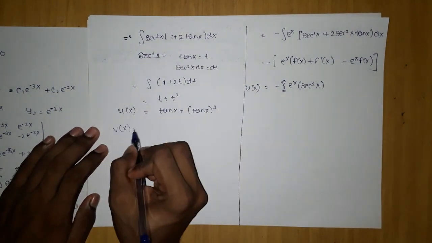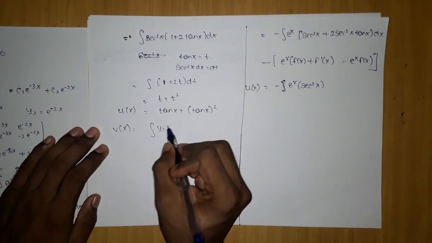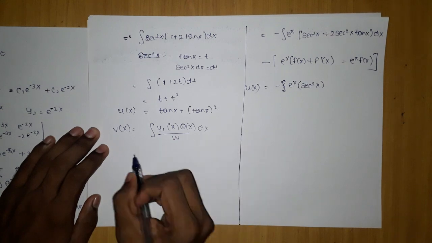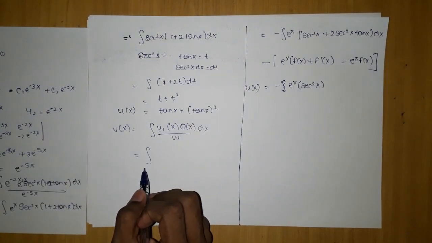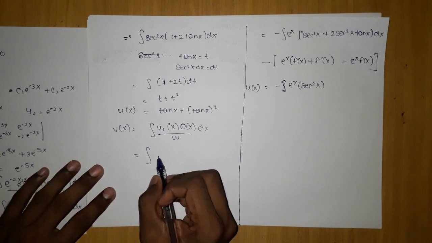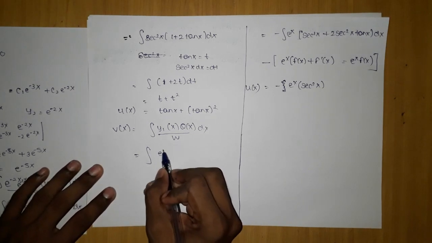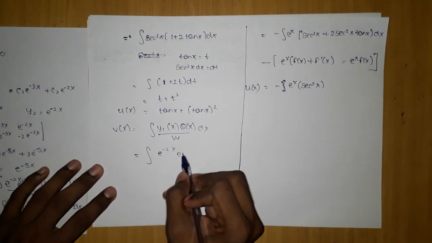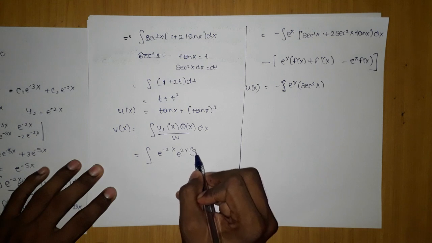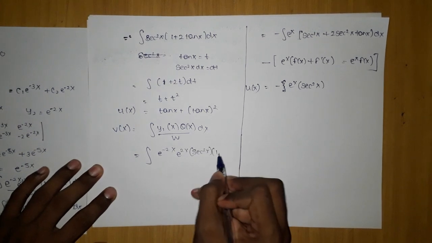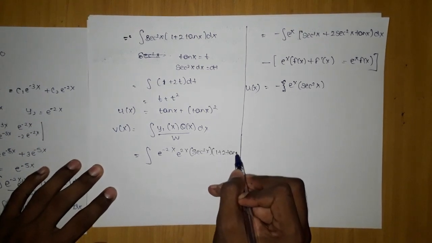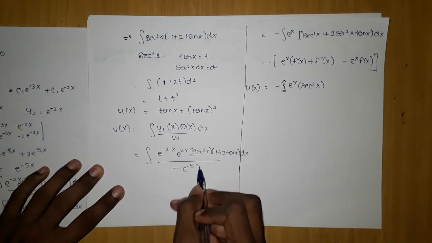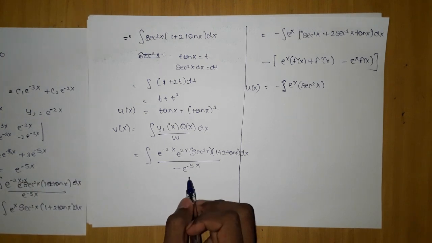Here v of x will be given by y1 x into q of x by w into dx. Agree? y1 is, in this case, nothing but e to the power minus 2x into q of x. Q of x is nothing but again e to the power 2x into sec square x into 1 plus 2 tan x into dx by minus e to the power minus 5x. Agree? So what we are going to be left with here,